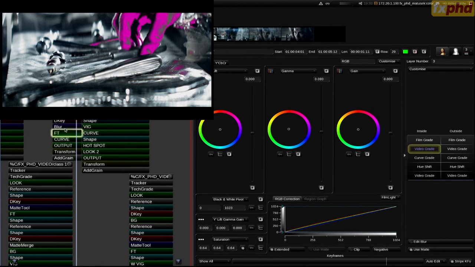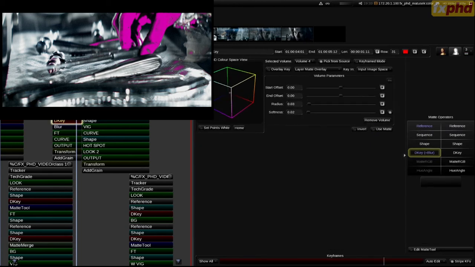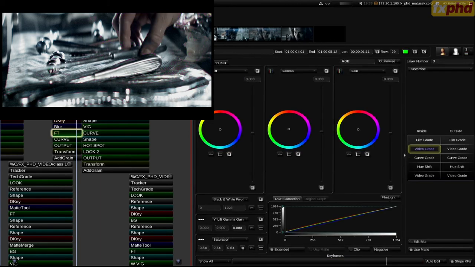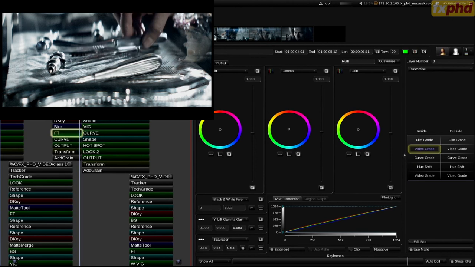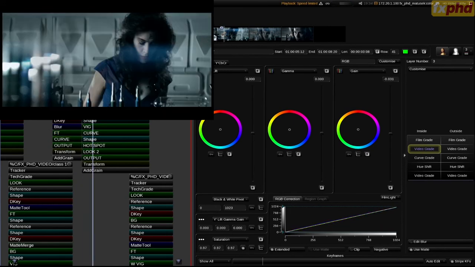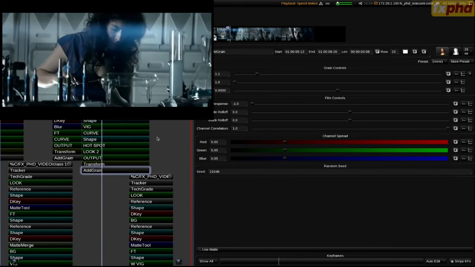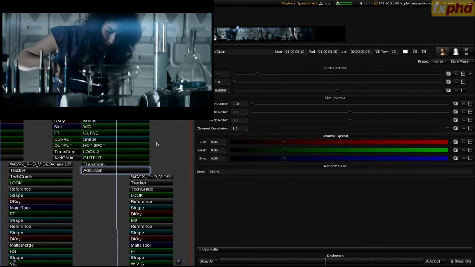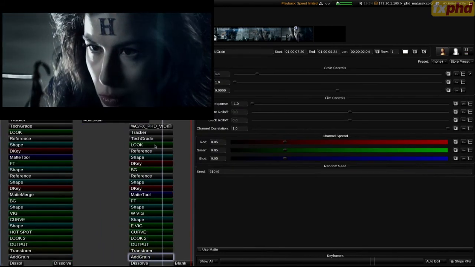So I grabbed that, and you can see I didn't get it perfect there, so add in a little bit more. And a little extra blur on there. So just kind of normalized her skin a little bit, and let's match that up. Now this is essentially the same shot, so I pretty much copied and pasted, but just had to retract those windows on her skin tone. And then this last shot,